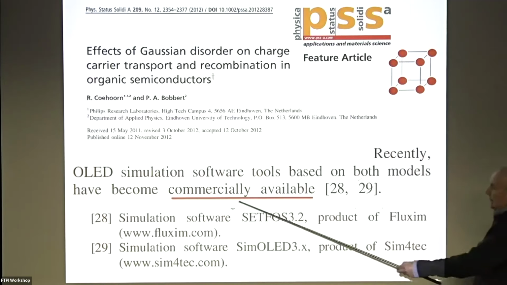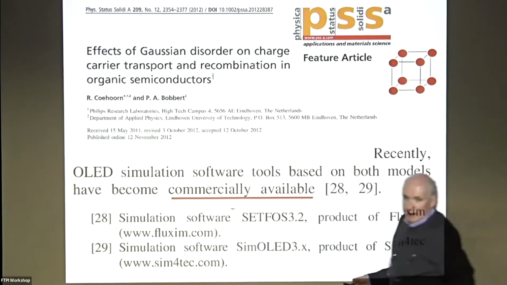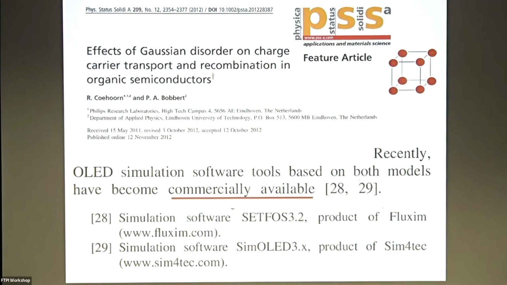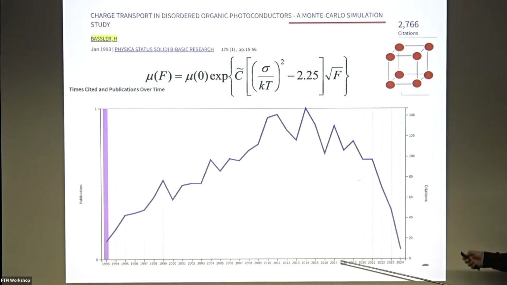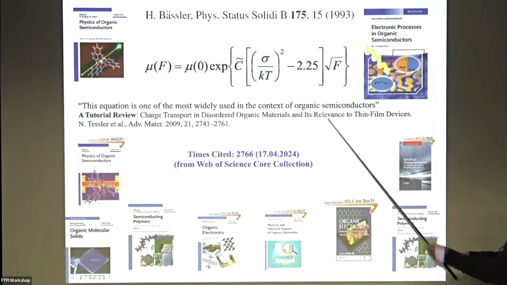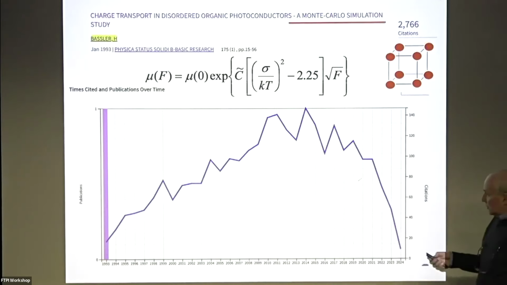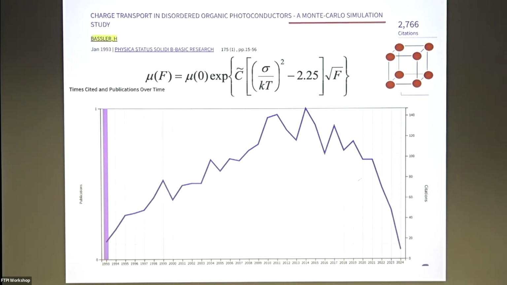Review articles sometimes sound like commercials. This is from Philips. So there is a huge demand in understanding hopping transport in its classical form. If you look at any book about organic electronics, you find this equation there, and it is qualified as the most cited result in the context of charge transport in organic semiconductors. And this is not an old story from the 16th century. If you look at the citations of this famous paper, they are mostly from the last decade.